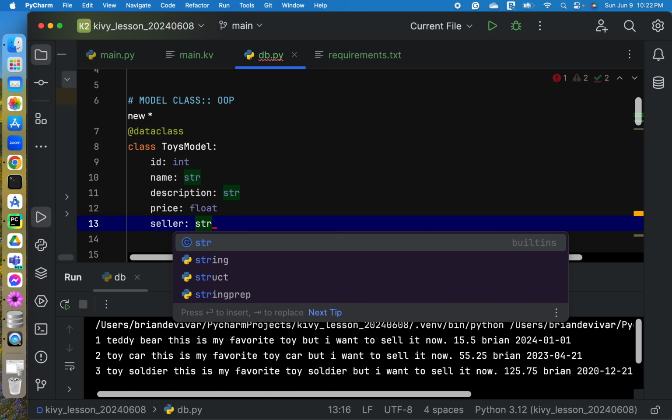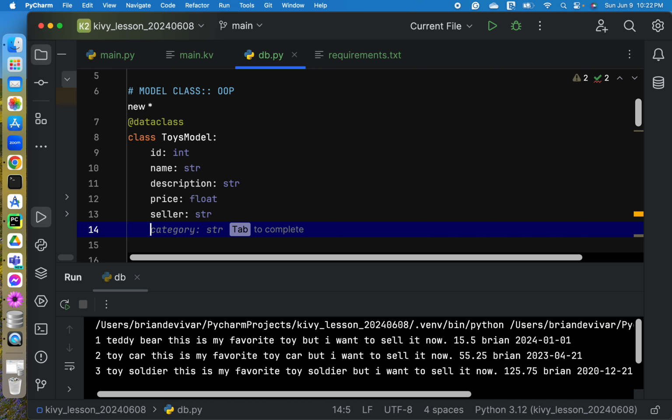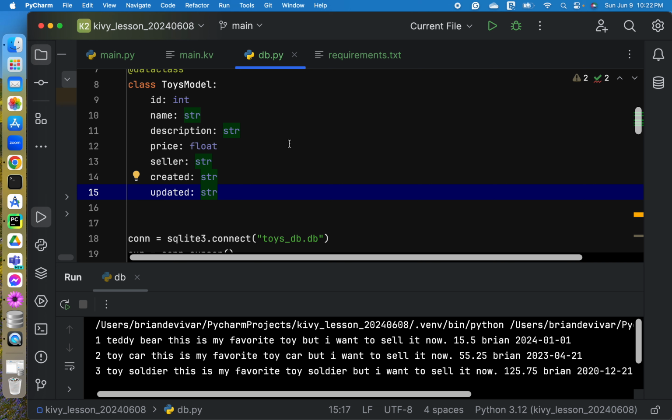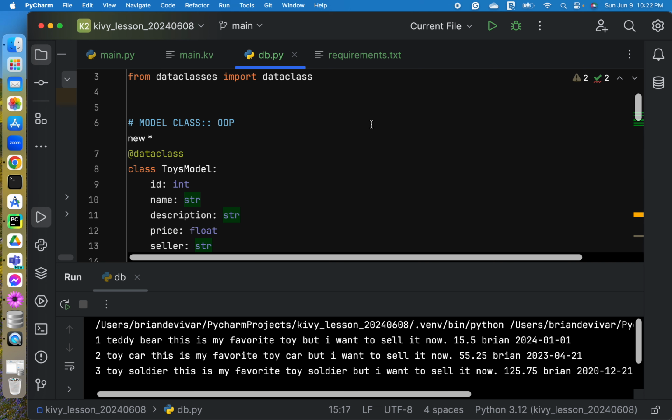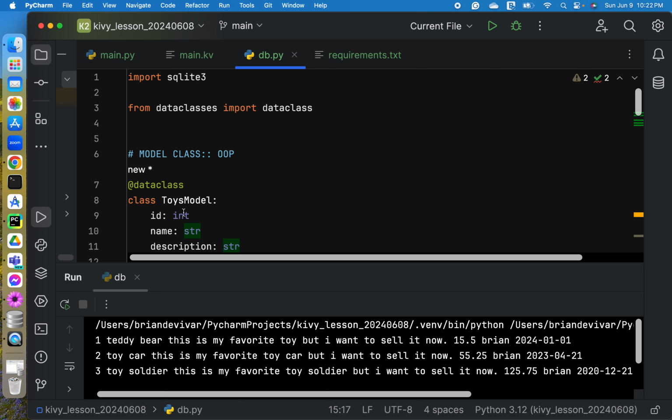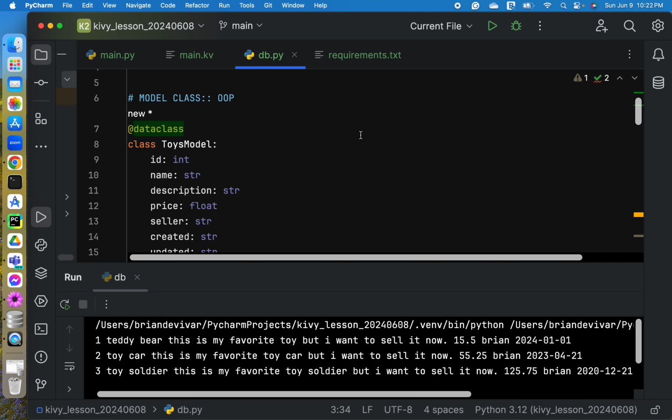Seller is string, and then created is also a string, and then updated is string as well. So we have now created our toys model. This toys model we created from a data class.